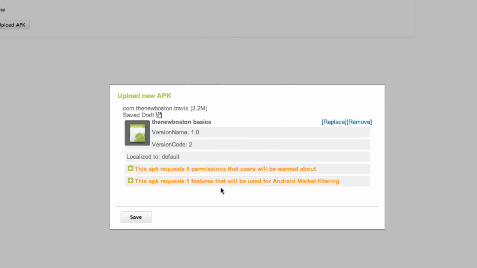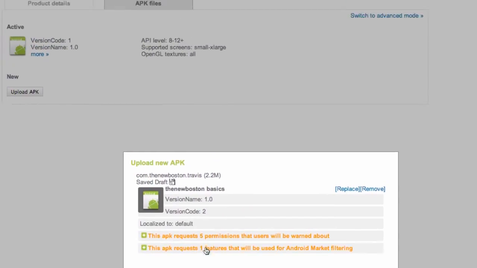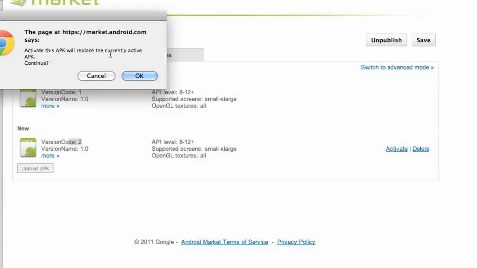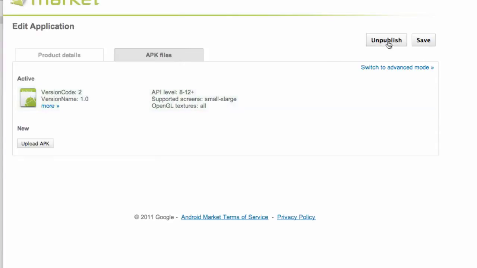And again, now we can actually replace our APK with this new upgraded APK. So we're just going to hit save, and then we have this choice. Again, we want to switch this new code, the version code 2, to active, and it says obviously this is going to replace the currently active one. Is that okay? Hit yeah, that's cool. And then we just have to save it, and there we go. We have our upgraded APK on the marketplace,